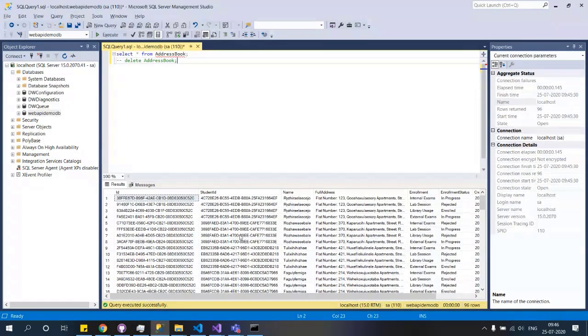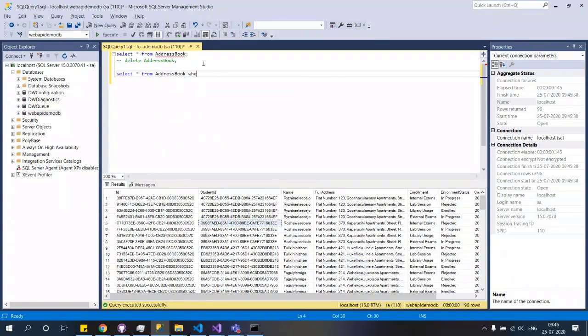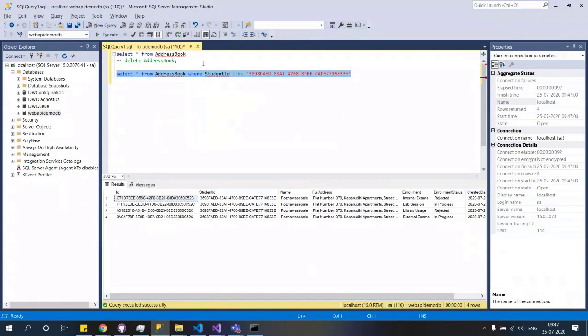Like if you see this, if I pass in this GUID, it should pull out this record for this particular student. So if I say select star from address book where student ID like this, and I execute it, it gives 4 records.